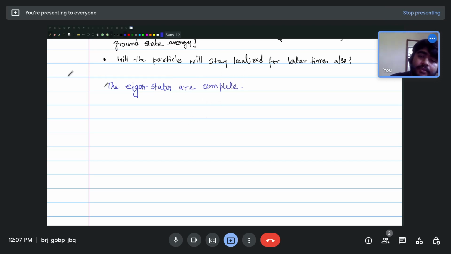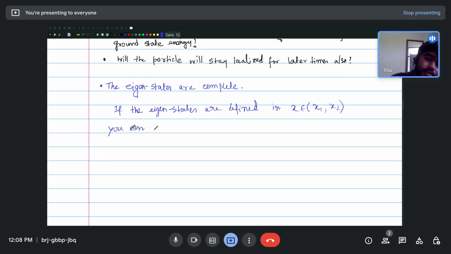That means if the eigenstates are defined in a domain, let's say from x1 to x2, then you can